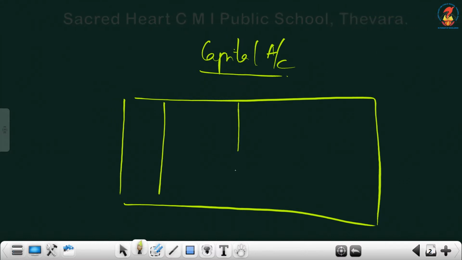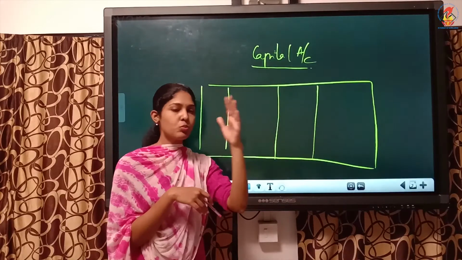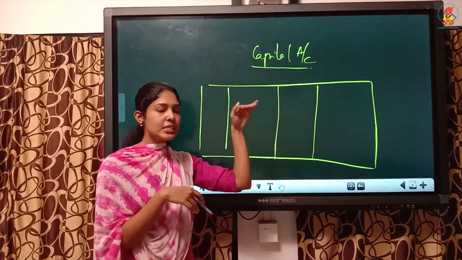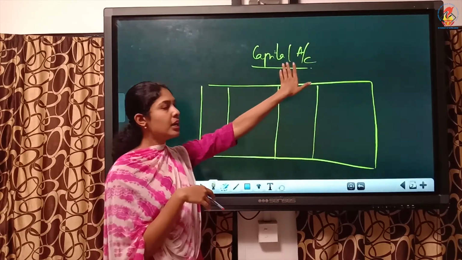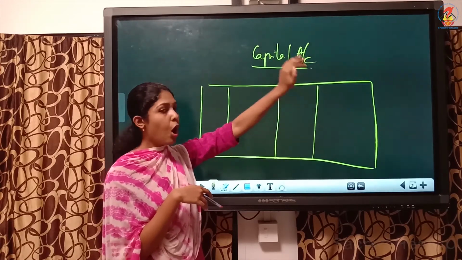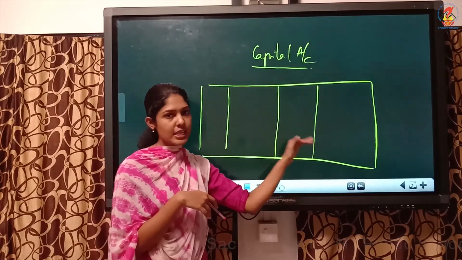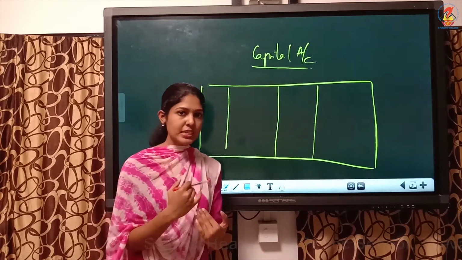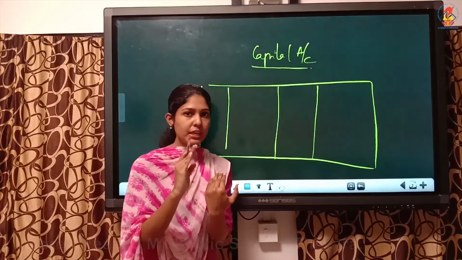We will have a date column, particulars column, amount column. We will be having so many columns. This is called an account. Capital account, cash account, for every account the format will be the same. So account means it is a summary or a record of transactions under a particular head. We will be showing one common head. Common head means all transactions related to this particular head will be written in this account. So now we have to see the classification of accounts and what are the rules of debit and credit.